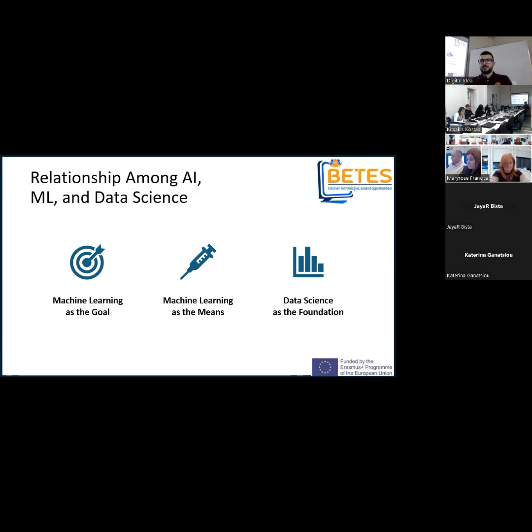So in essence, all those terms are closely related and overlapping, but each one has a different scope and focus. AI is the overarching goal of creating intelligent machines. Machine learning is the means with which we achieve that, and data science provides all the foundational techniques used when we want to extract knowledge necessary to fuel AI and machine learning algorithms.